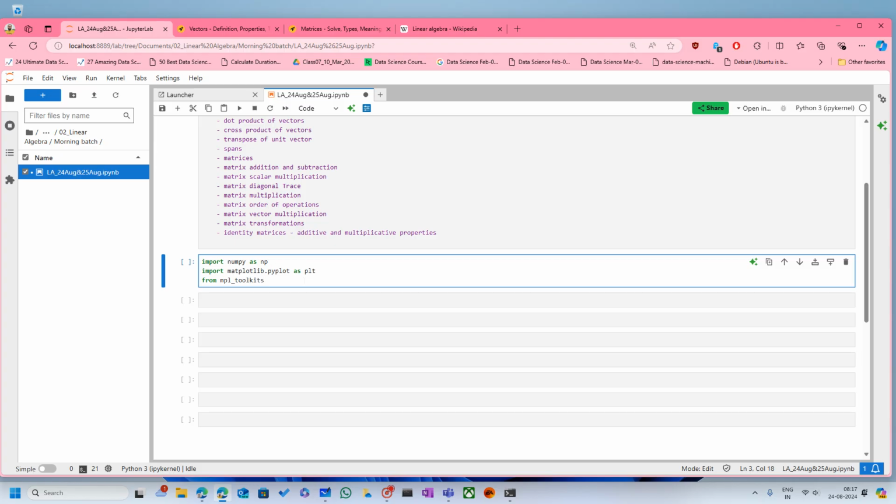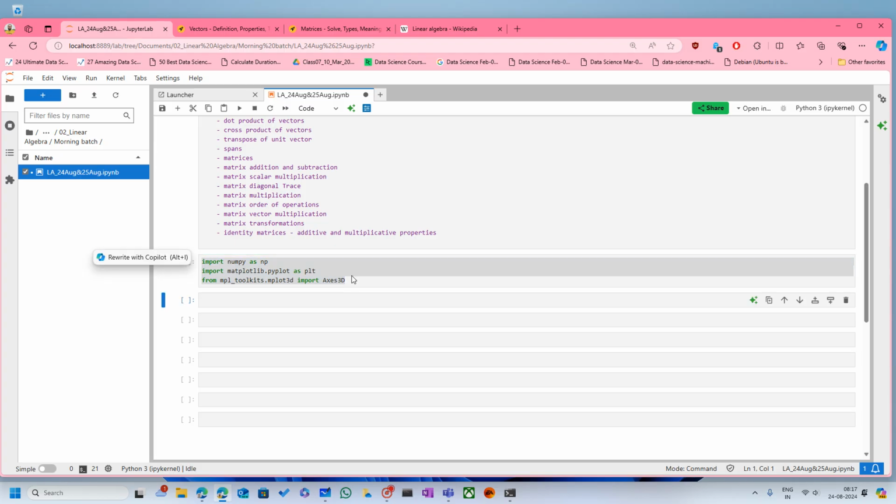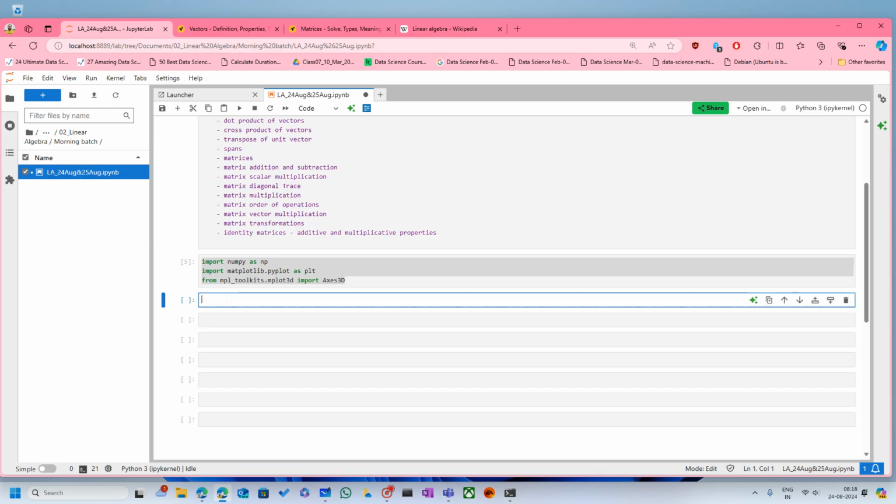Again, we will also import something called matplotlib toolkits. Additional toolkits are provided for this matplotlib library that allow us to plot 3D axis. So for that I will import this. You don't have to remember all this. Just remember, you can import matplotlib, you can import numpy. Don't break your head with this. You will always get this on the internet if you forget. I will import all these three libraries so that I can start working on